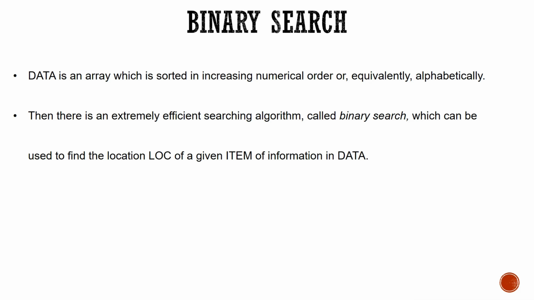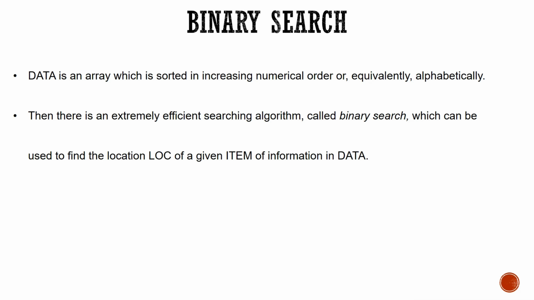Let us consider the case. The elements are 1, 2, 3, 4, and 5. I want to search for 4. So what we will do is we will find the middle element in that array. What is my middle element? 3. Is 4 above 3? Yes. In that case, we won't search the first half. Instead, we search the second half. The second half elements are 3, 4, and 5.